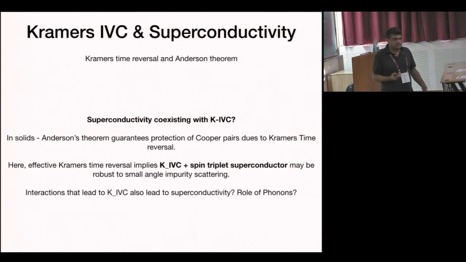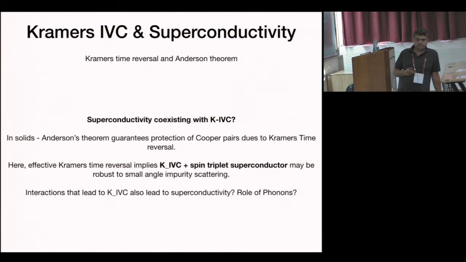Okay, so we have Kramers time reversal symmetry. Your superconductivity, at least s-wave, the regular kind of superconductivity, will be robust to the addition of a small number of impurities. You don't really care, they just change the eigenstates. Of course, here we don't have Kramers time reversal in the sense of spin, which is what you have in usual solids. But you do have this Kramers time reversal in the presence of this KIVC, coming from